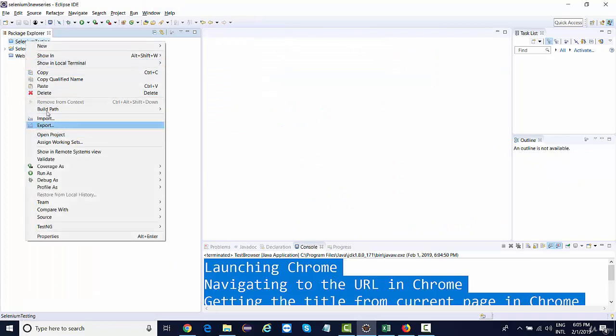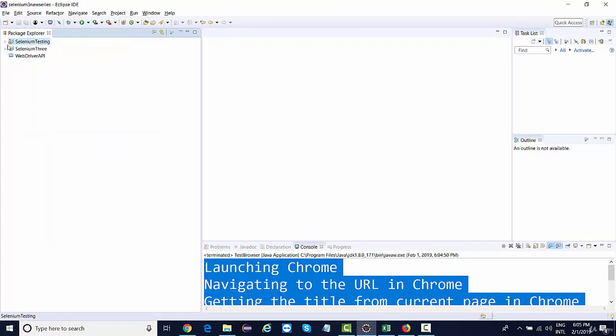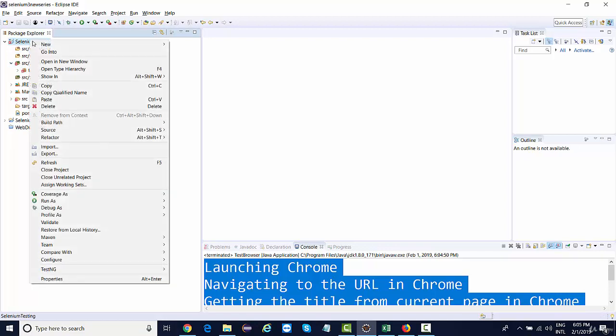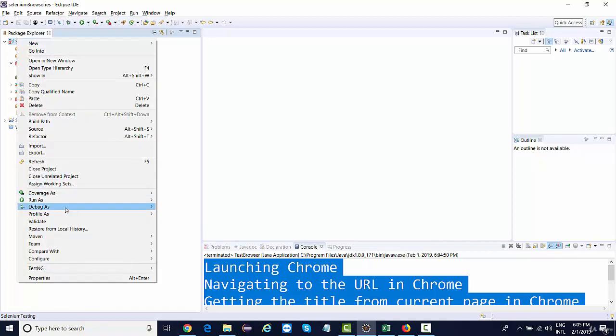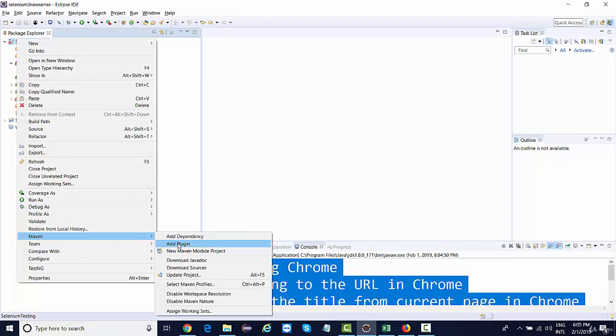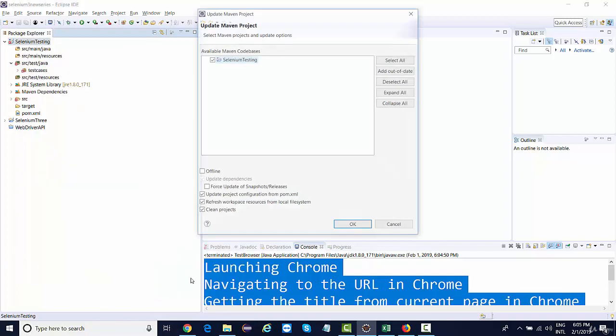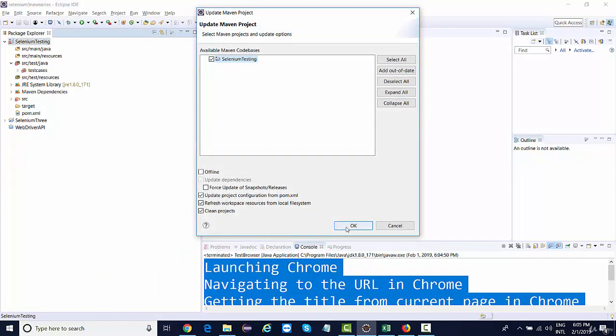But before that, if I open this project once again, see, at times you may see some errors showing up over here. Just try to refresh your project. Even if refreshing is not working, just right click, Maven, update project, click OK.